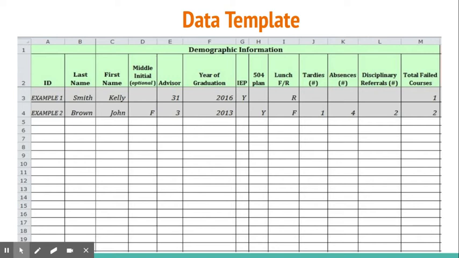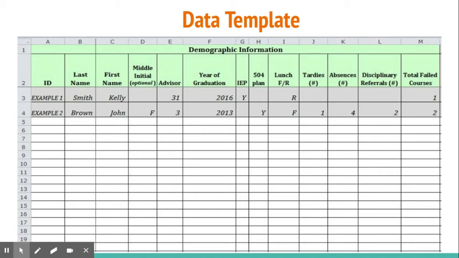Here you will see A through M, and the next screen I share will have N through Y of the different columns of the spreadsheet. For this section, we color coded this green, and green is all the demographic information that we collect. We actually pull this information from Skyward, and so it's able to populate fairly quickly. We do have a Skyward tech guru in my high school. We're fortunate to have a school counselor who's pretty savvy with Skyward and is able to help us populate this